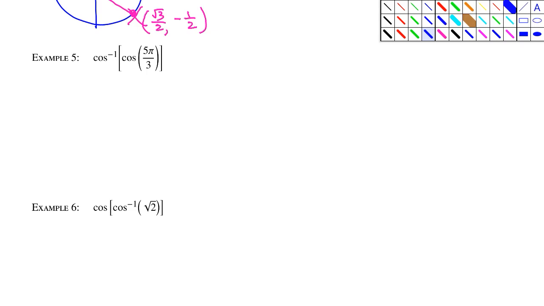Example 5, what is the arc cosine of the cosine of 5 pi over 3? Again, this is the example where you would want to just cancel off the cosine and the arc cosine and say that the answer is 5 pi over 3. But that's not right, because 5 pi over 3 is not in the interval from 0 to pi. So instead,